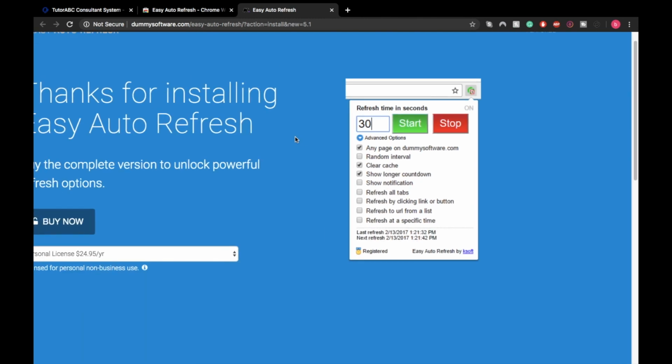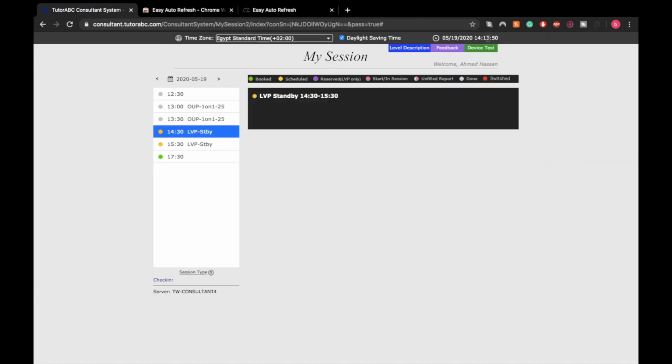Alright, so for example, let's go back now to my session page. We have this button here. It appeared because we installed Auto Refresh, and I'm gonna say every 40 seconds, or let's say 30 seconds, I want you to refresh the page. Click. Right now, it is actually counting 30 seconds, and after this 30 seconds pass, it will refresh the entire page. You see here my session page sometimes refreshes part of it, which is this part alone, but it doesn't do anything for us. However, after the 30 seconds pass, you will see that